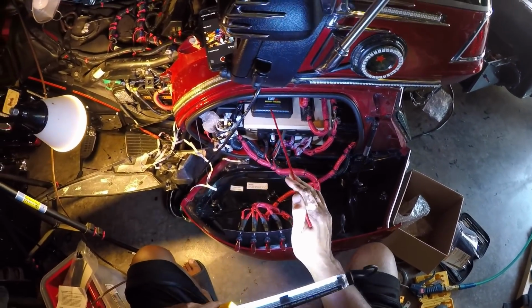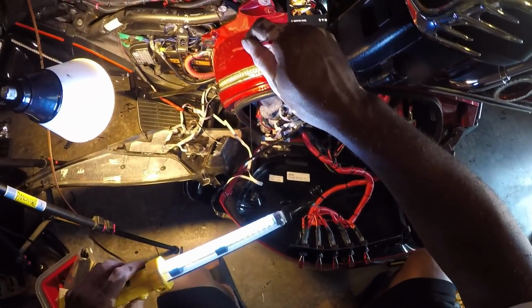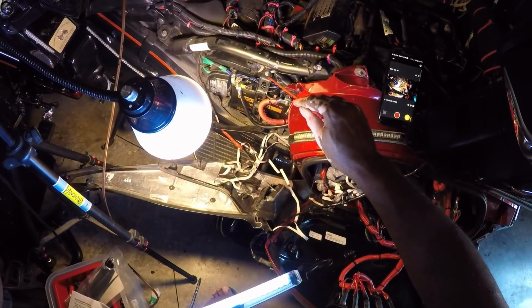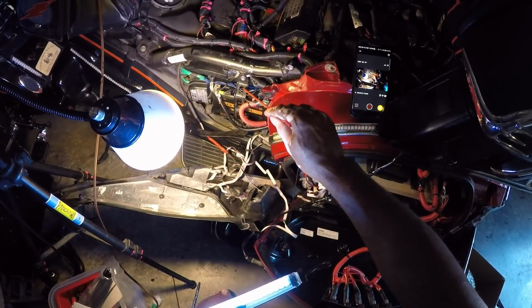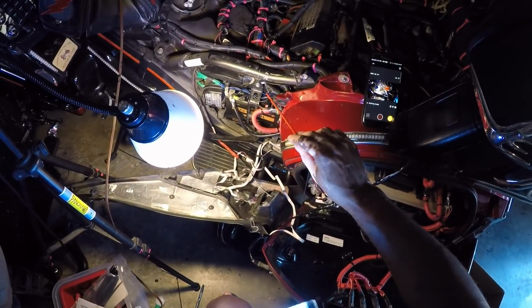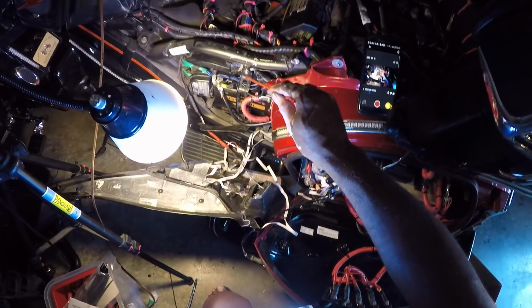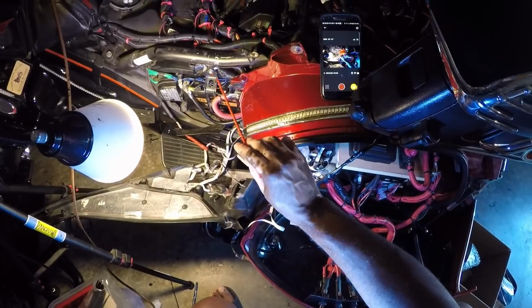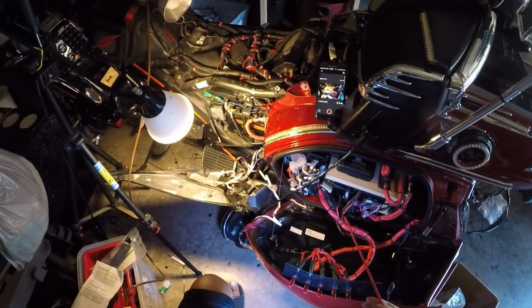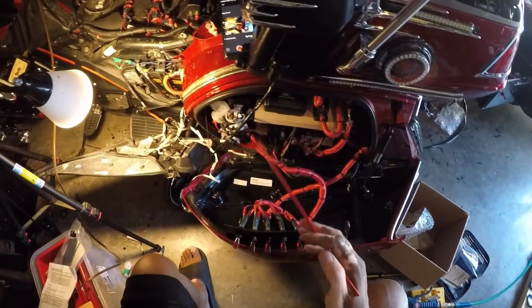I had to end up running that ground wire all the way back out through the side panel, side saddlebag, and I ended up grounding it to the mount that holds the battery bracket. If you look real close, behind this bracket is the frame that this bolt is screwing into, so it ended up being a perfect ground for me. I haven't tested anything yet. I'm just going to go over the